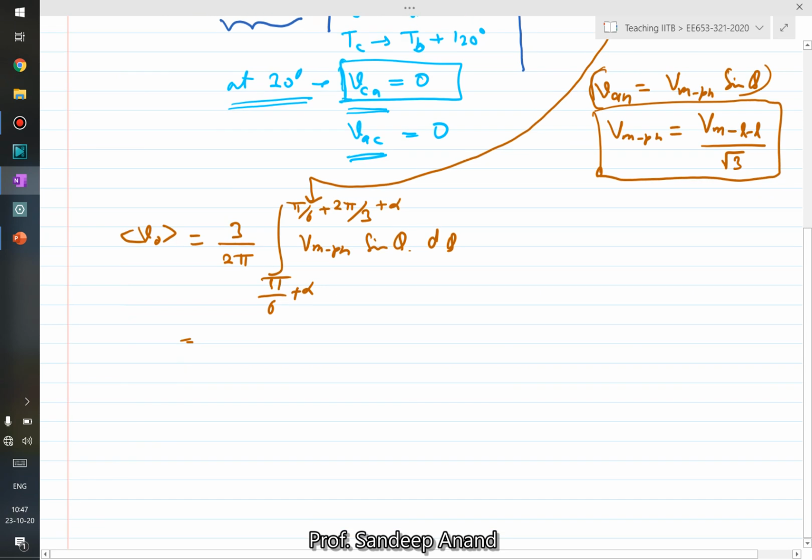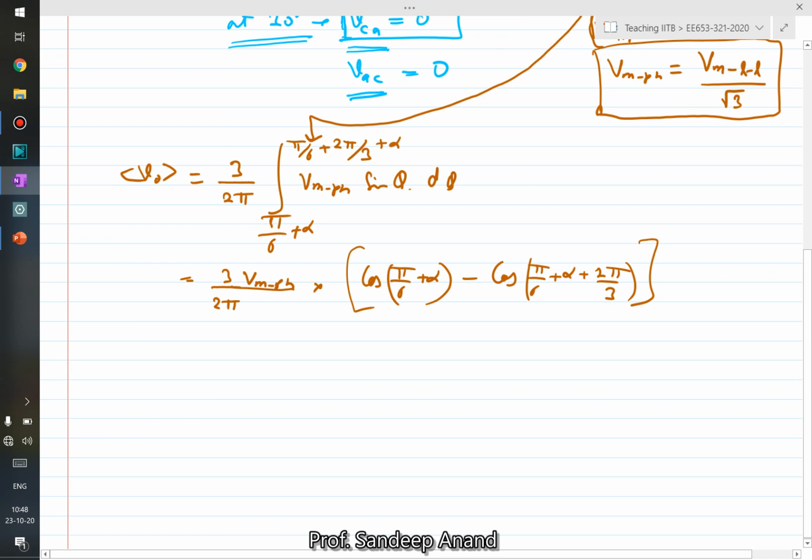So you can further rewrite as 3 upon 2 pi Vm phase integral of sine, which is minus cos of theta, so cos of pi by 6 plus alpha minus cos of pi by 6 plus alpha plus 2 pi by 3, right? Further we can rewrite it as 3 Vm phase upon 2 pi into cos A minus cos B, which is minus